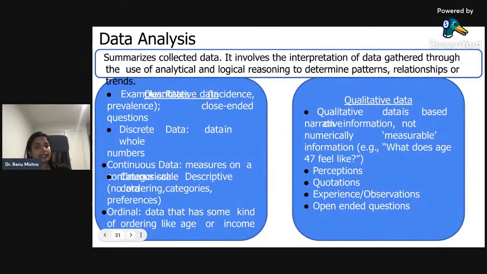Now comes data analysis. When you talk about data analysis, the information which is collected by you has to be translated in a way which can be understood by many, because our research is not only for our purpose, it is for the general public